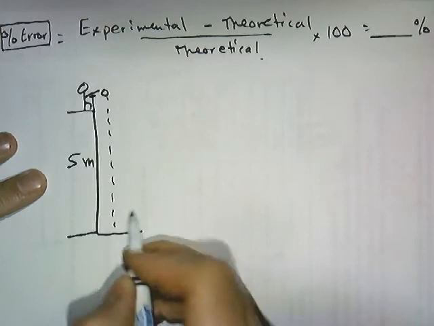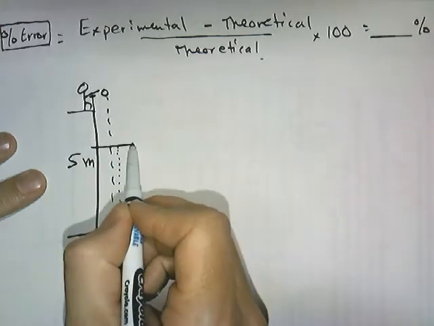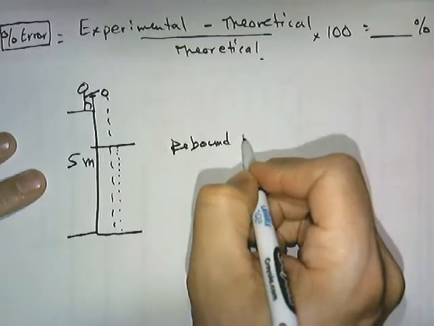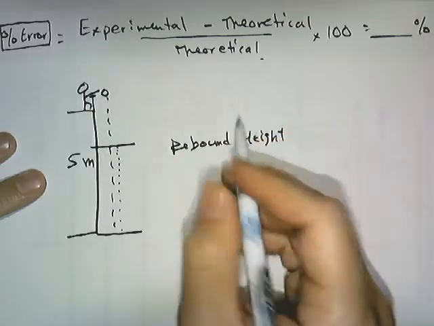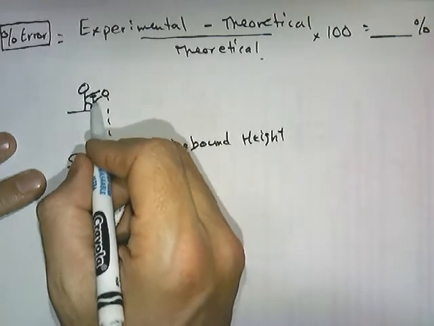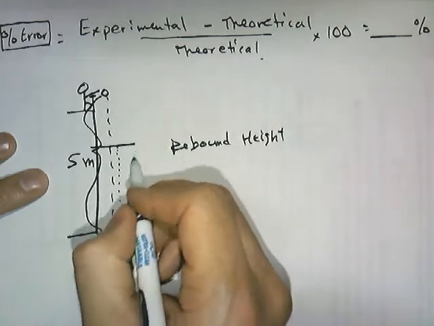They hit the ground, and then they bounce back up to some distance. This distance to which they rebound, let's call the rebound height. The rebound height was never the height from which I dropped it. Remember, I dropped it from 5 meters. That's the initial condition, the starting height. But let's say it only rebounded to, say,